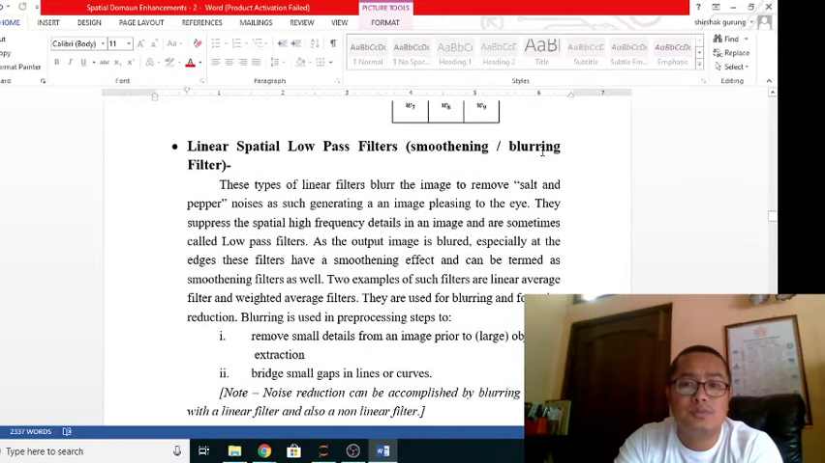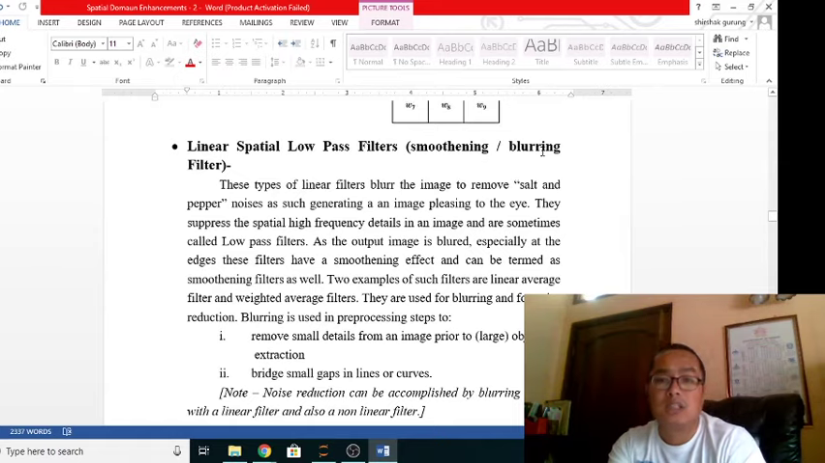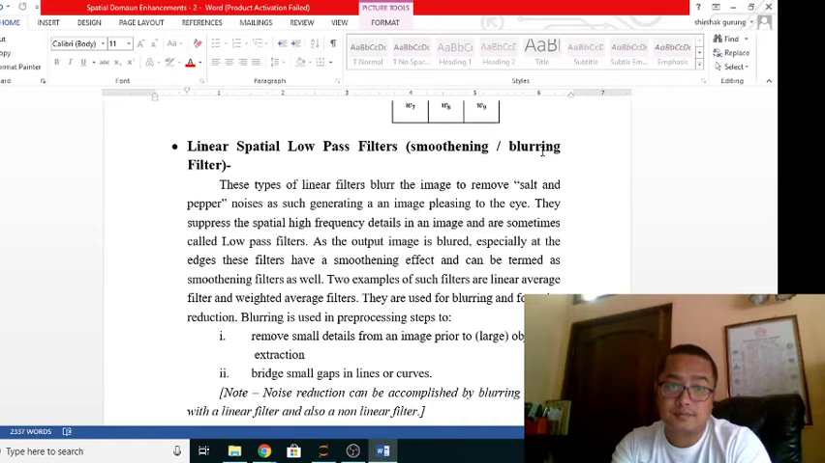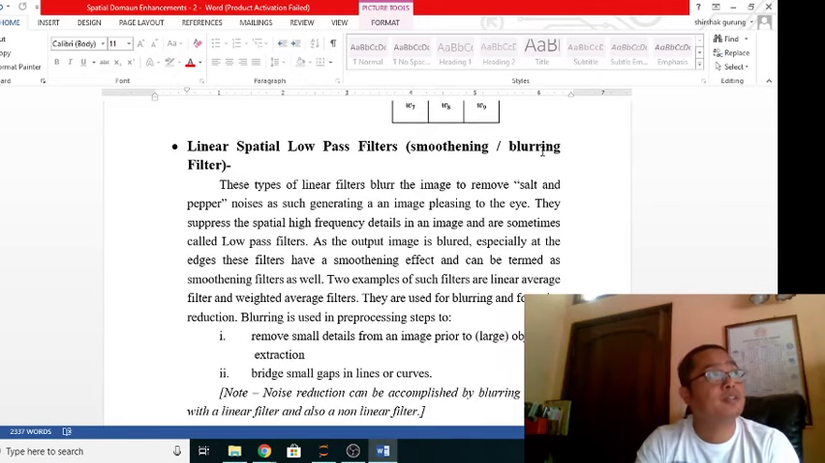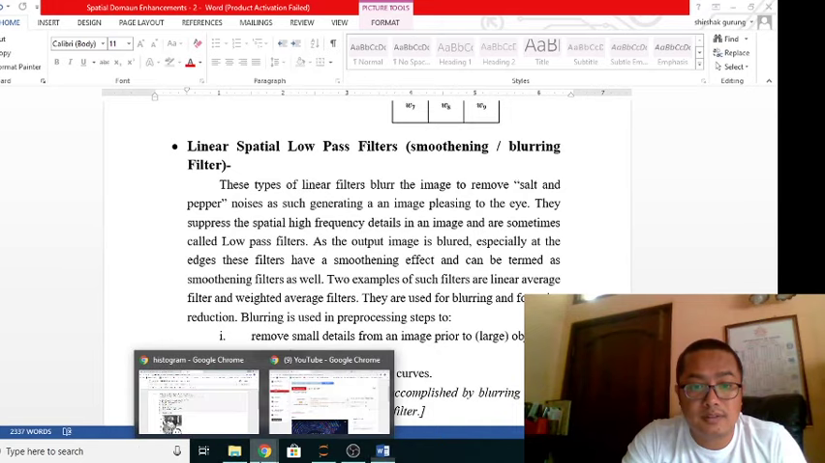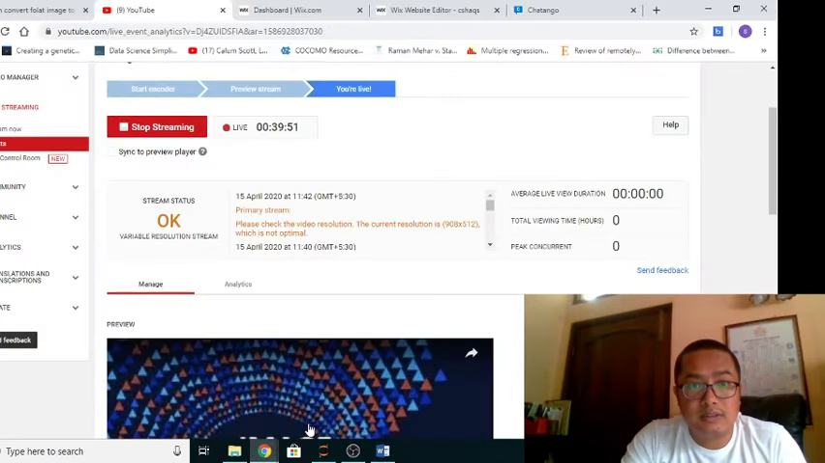Then next we come to spatial low pass filtering. So what are low pass filters? We've already said low pass filters are those filtering methods that